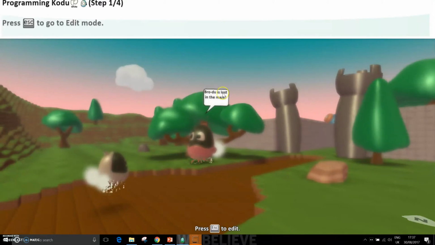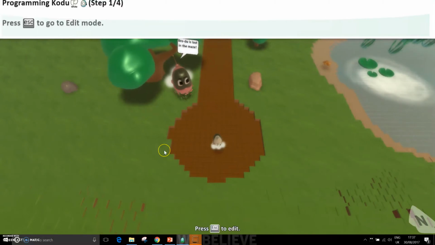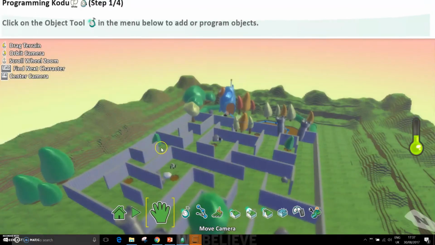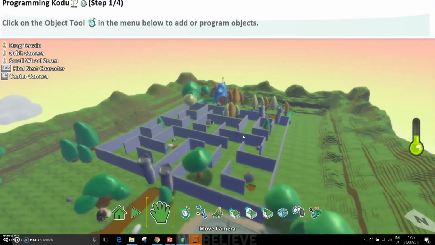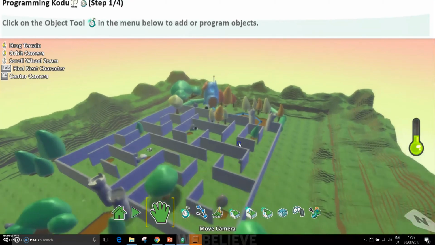Yeah, you can put speech in, you can make the characters say stuff. At the moment nothing happens, it just starts there. So I'm going to press escape to get to edit mode. If you have a look around here, they've created this maze, so you go in here, you go around,